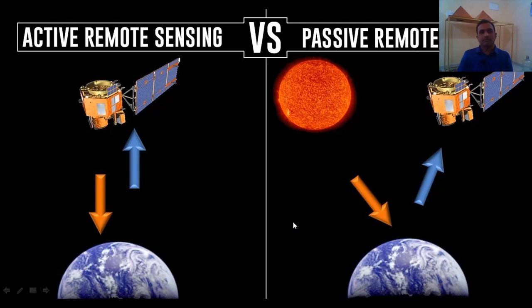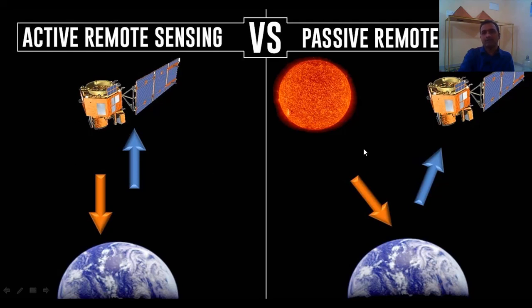Next, see, this is the active and passive. It sends the pulses and records the pulses. These two are superimposed on each other, then we will get the interference. Due to the interference, constructive and destructive interference happened. That's why bright and dark fringes are formed in the satellite image.